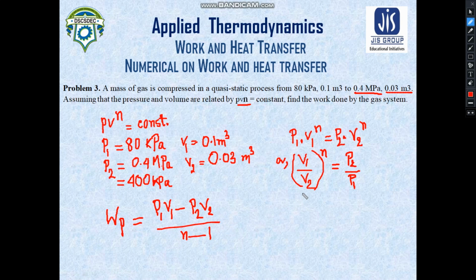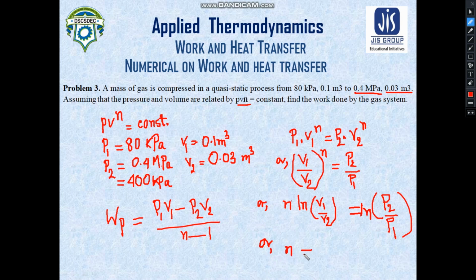Now we can easily calculate this n from this equation. Simply taking logarithm on both sides, we find that n ln of V1 by V2 becomes equal to ln of P2 by P1, which will give us the value of n equal to